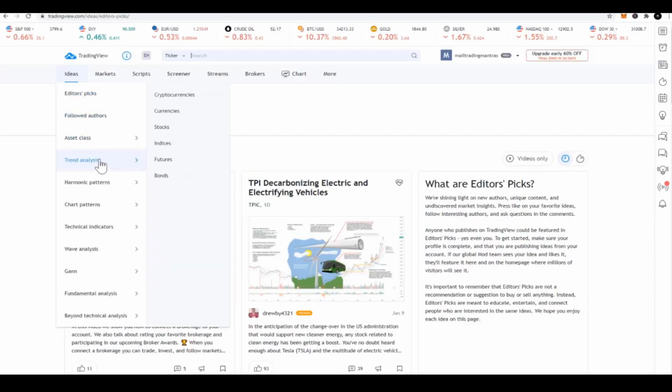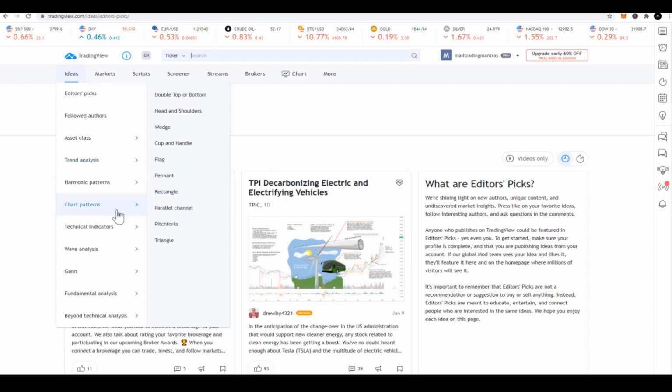You can also go to trend analysis and look at the different candlestick analysis charts that people have shared. Whenever a trader shares an idea, TradingView lets you tag it. So if I'm sharing an idea and I've tagged it to candlestick analysis, I can access those charts from candlestick analysis. You can also look at the different kinds of chart patterns, double top, double bottom.